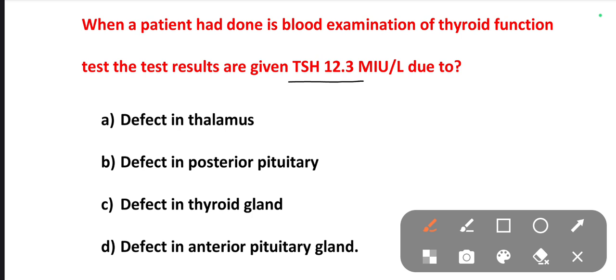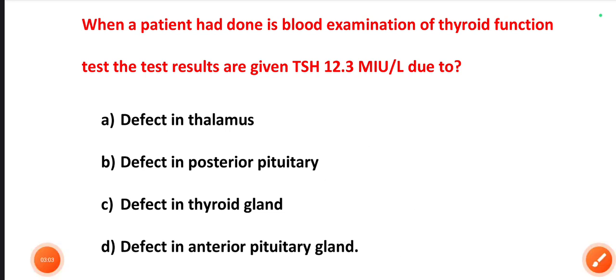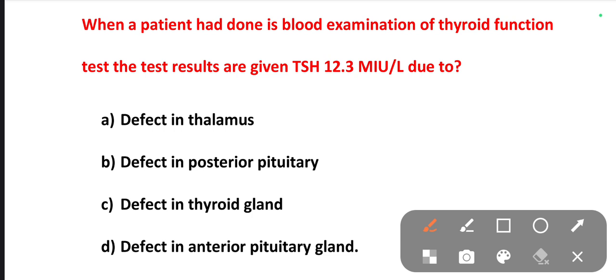The options are defect in thalamus, defect in posterior pituitary, defect in thyroid gland, defect in anterior pituitary gland. The right one is option C. There is a defect in the thyroid gland. Why? Because the